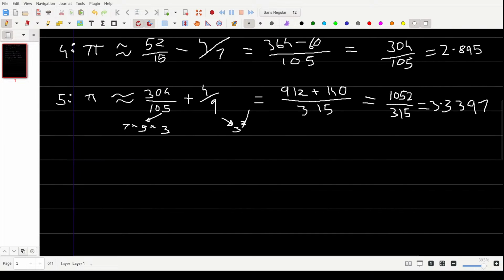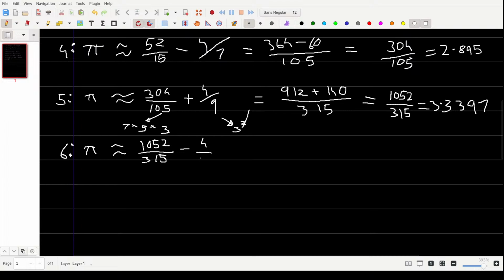Otherwise, so the 6th term, 6th approximation, pi is approximately equal to 1052 over 315